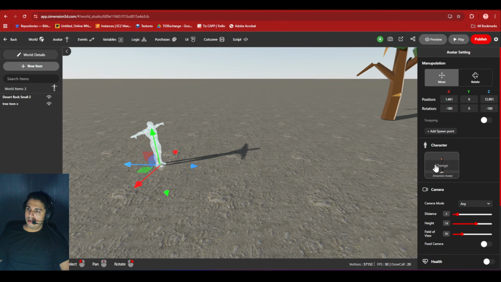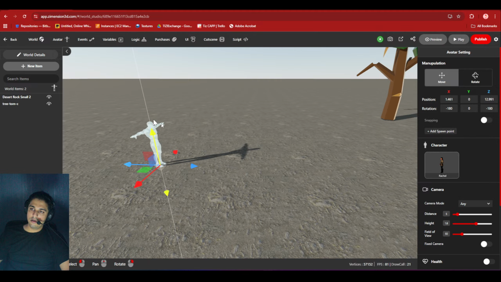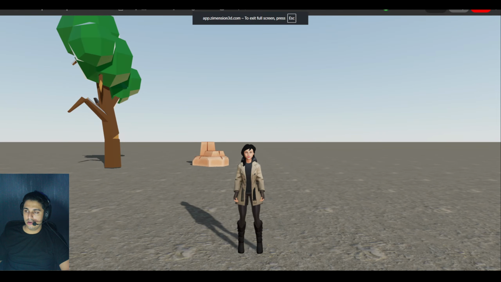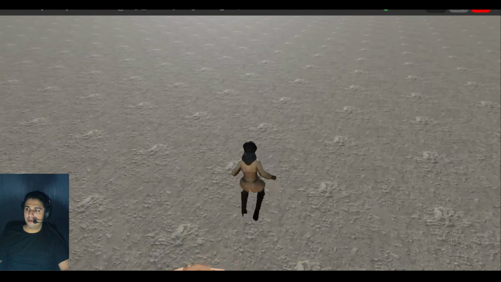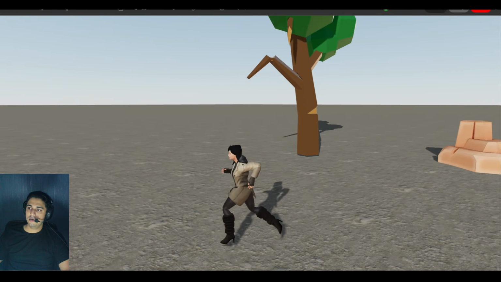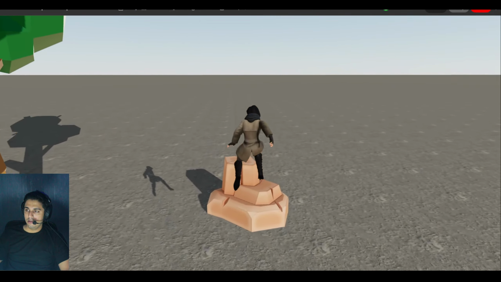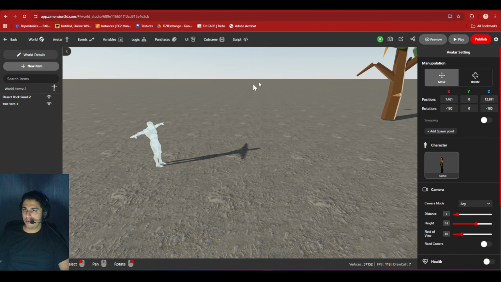For example, some people said, hey, I have changed this character, but this white object is not changing because this is just an indicator. This is not exactly your object. So after you change it here, you can click on preview to see whether your character is loaded or not. See, don't assume the character will show up in the editor unless it's an object. Okay. Yeah. So another doubt clear.